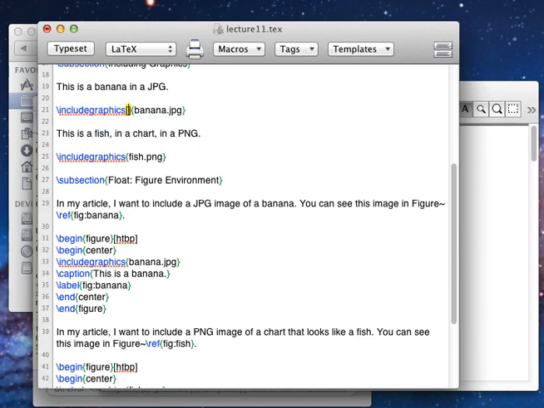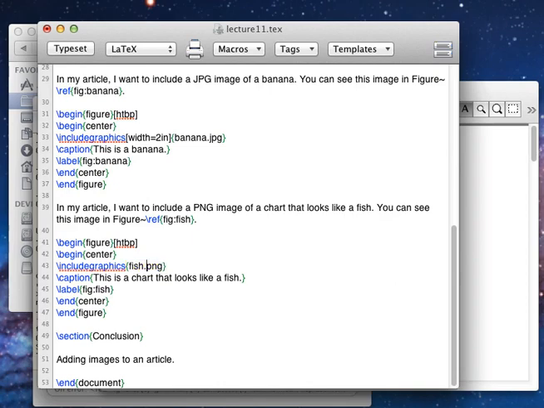So I'm going to put square brackets there, and I'm going to specify the width. I don't want to change the height in this case because it's just the width that's making it flow over. If I change the width, it should auto-correct the height accordingly and change them together. So I want to change the width to, I'm going to say 2 inches, because I really want these figures a lot smaller. So I'm going to copy and paste this option, width=2in, and place it after each of my includegraphics before the file name. And then when I run this again,